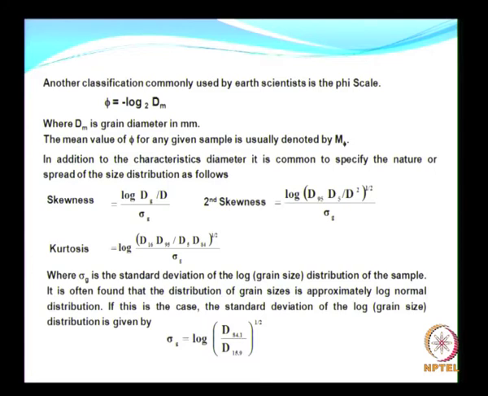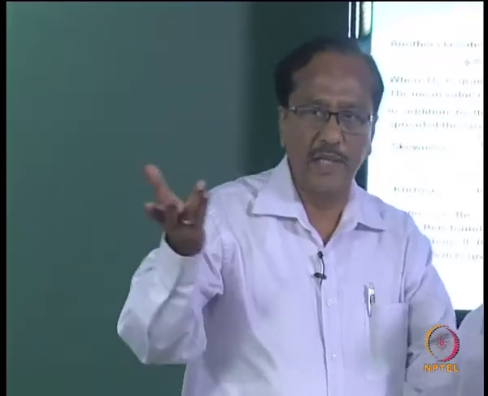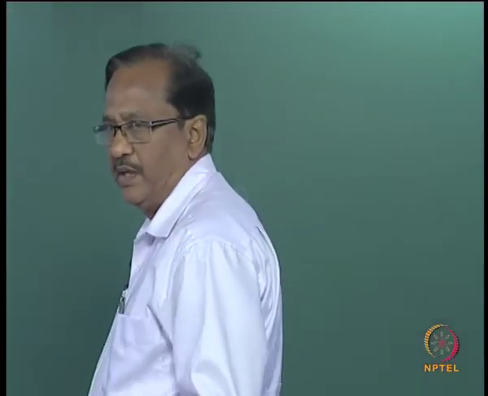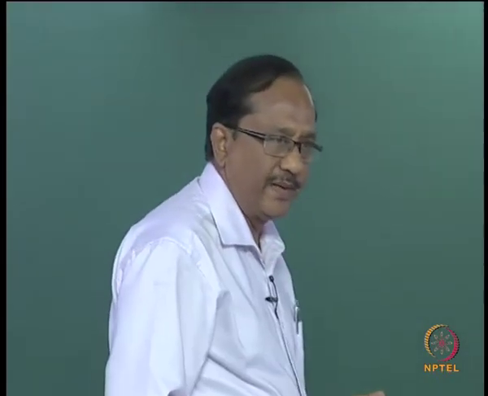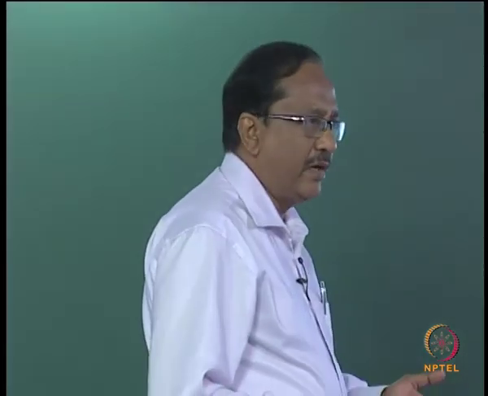So these are just different kinds of representation of the characteristics like skewness. It gives the statistical measure of how it is skewed, etc. Sometimes for your investigation or design purpose, you may not require all this information, you may require only the grain size, that is the DG. Later you will see when you are calculating your sediment transport, one of the main parameters you will be dealing with is only the grain size.